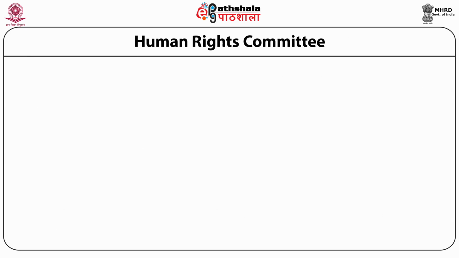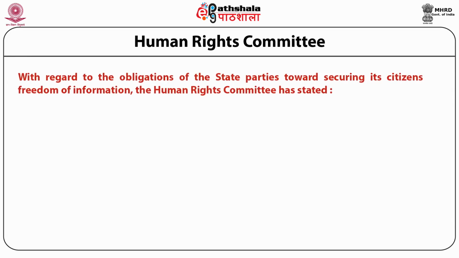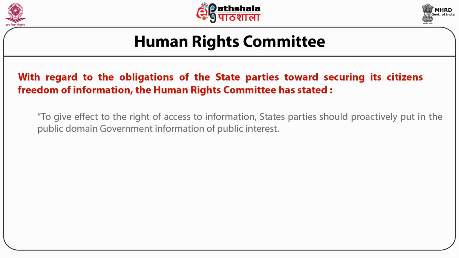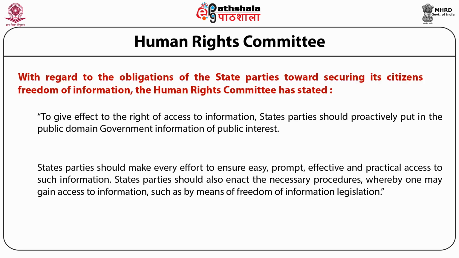Here's what the Human Rights Committee has had to say on Article 19.2. With regard to the obligations of the state parties towards securing its citizens' freedom of information, the Human Rights Committee has said that to give effect to the right of access to information, state parties should proactively put in the public domain government information of public interest. In India, we do this. We put up the salaries of the cabinet ministers, the assets of cabinet ministers, the assets of judges. As of now, it's on a voluntary basis, but the international covenant basically states that